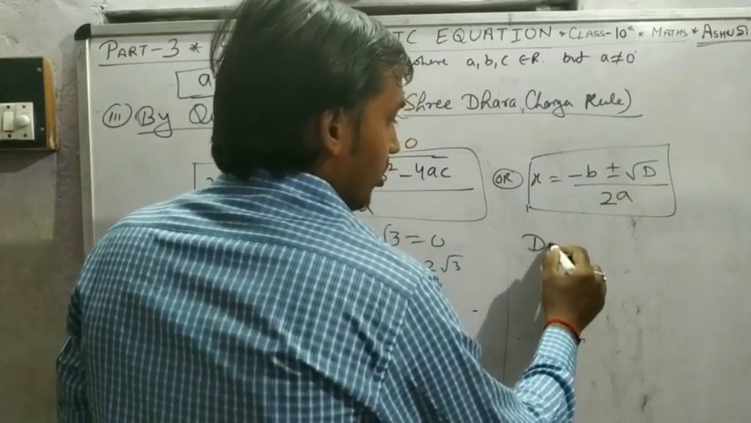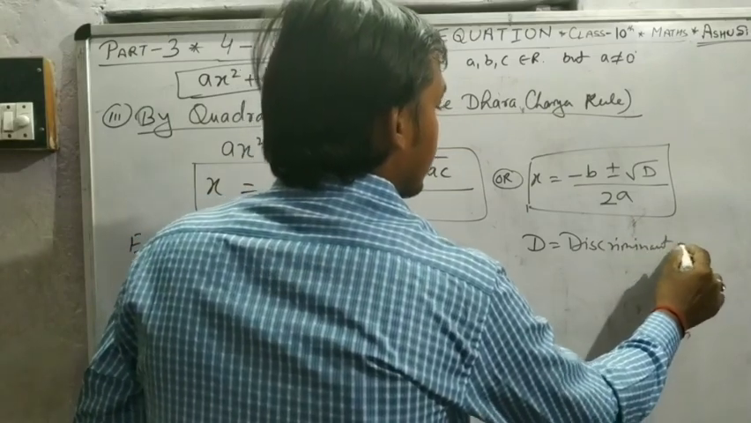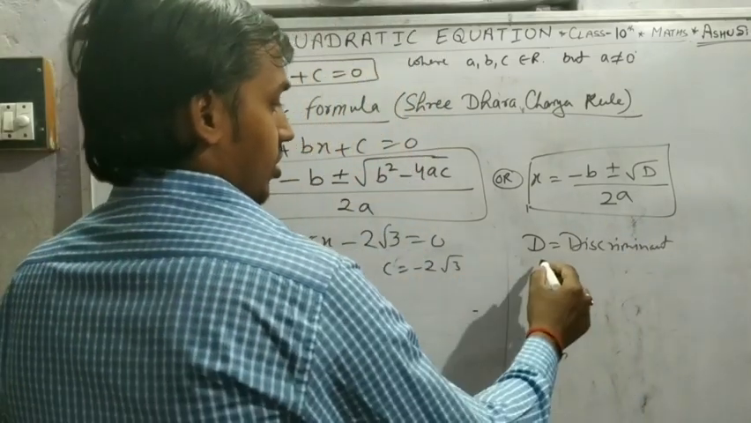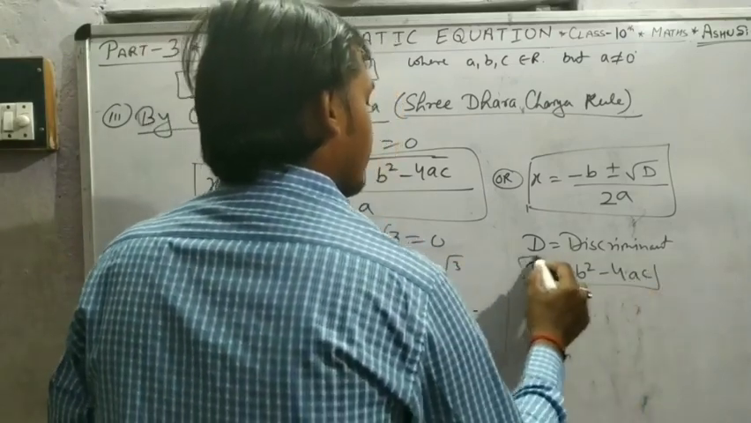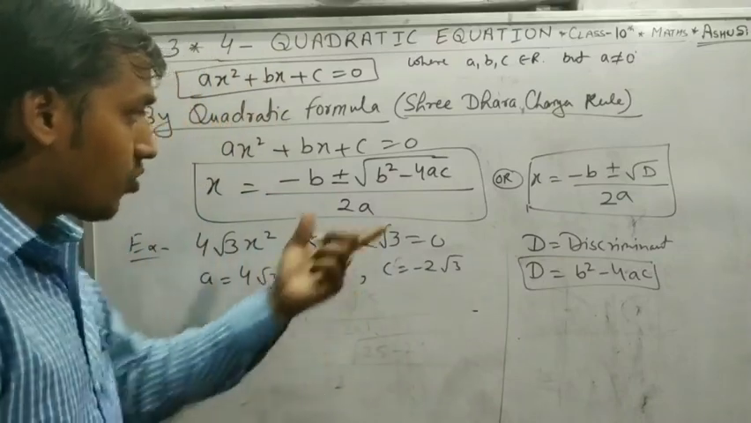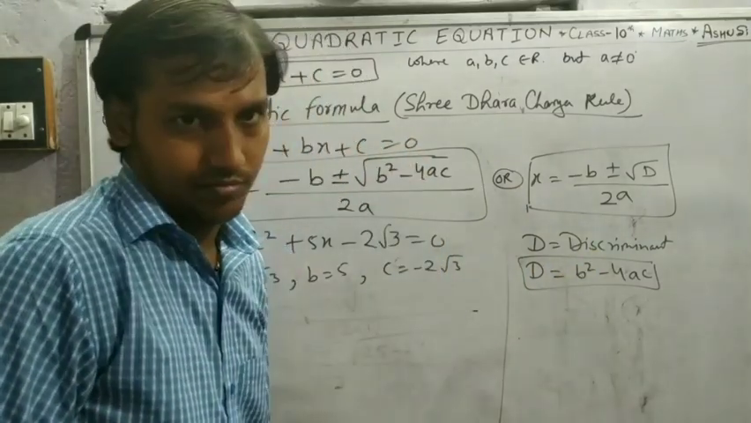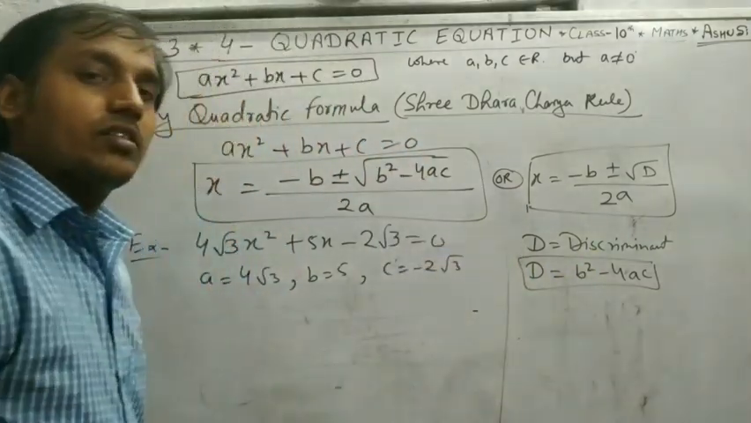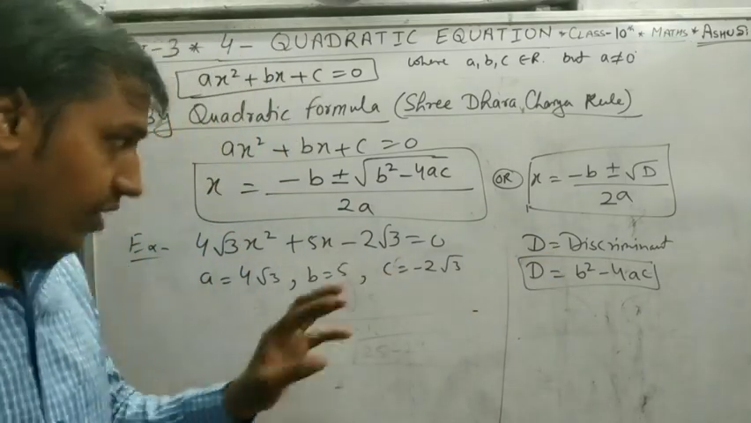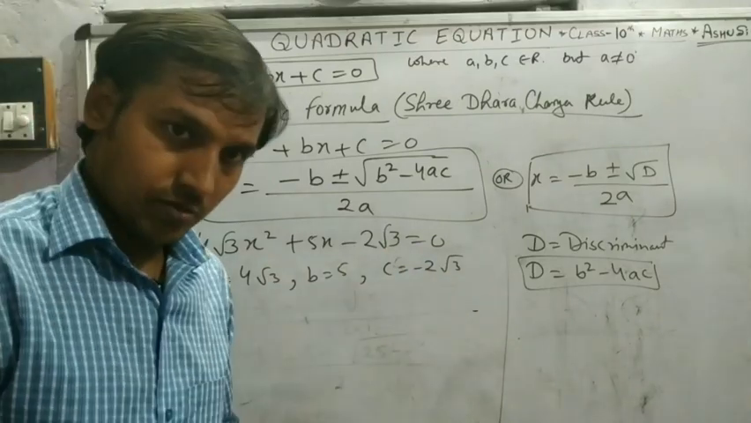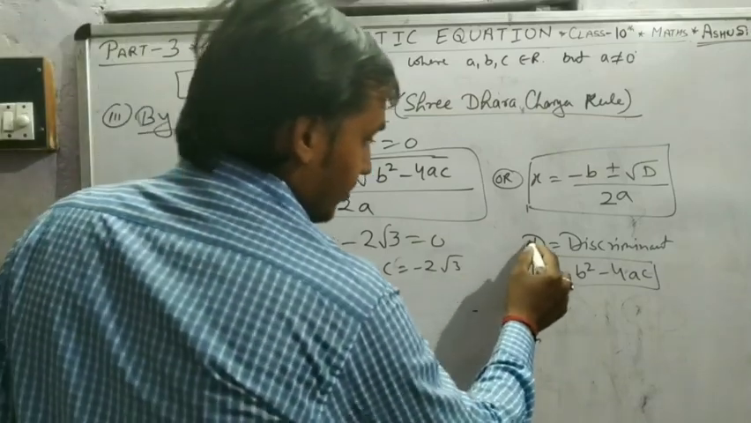That D is the discriminant. D is equal to b square minus 4ac. Means the value inside the square root, that is, this b square minus 4ac is called the discriminant. What is the discriminant? What is its role for this question? We have to explain in the next video. But for now, you only need to know that the discriminant